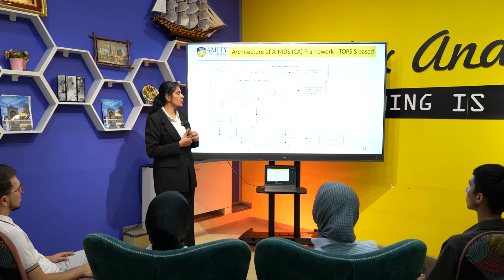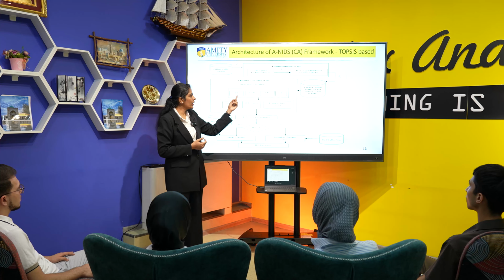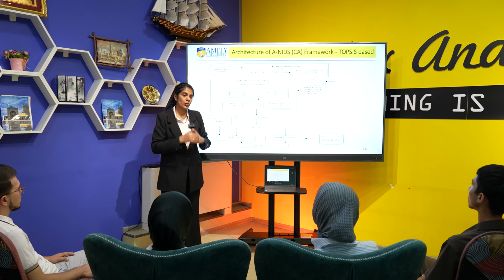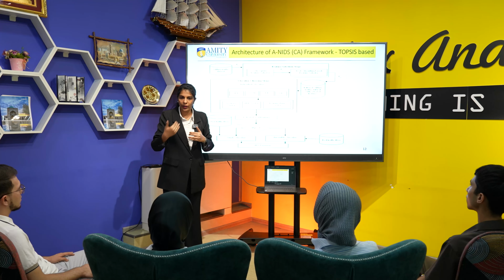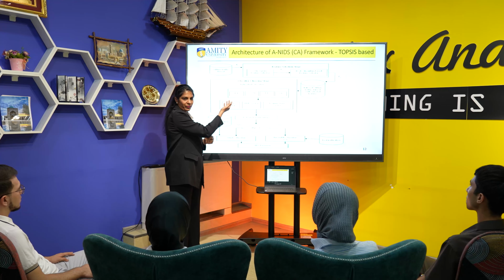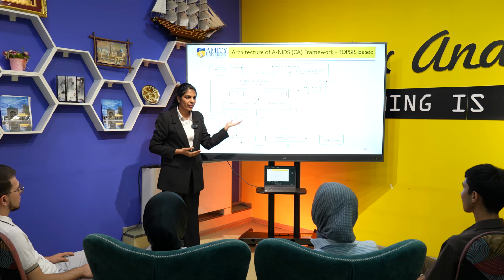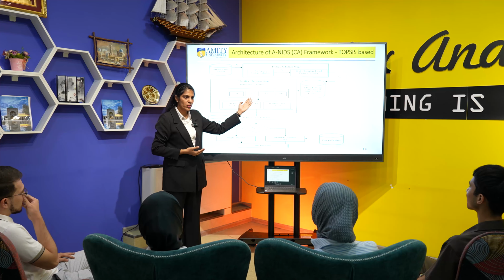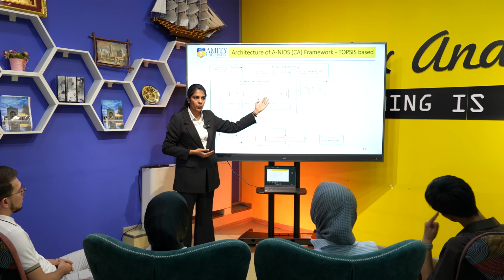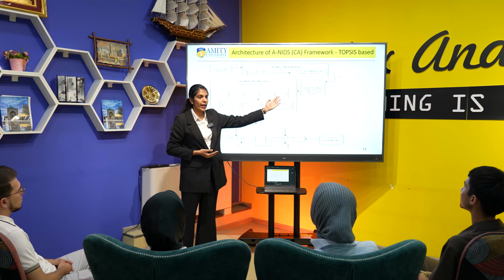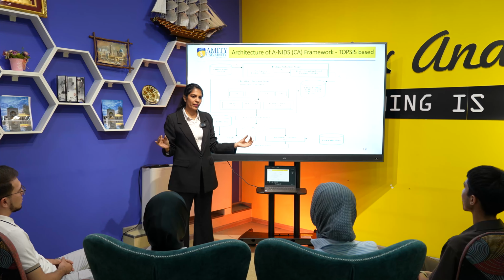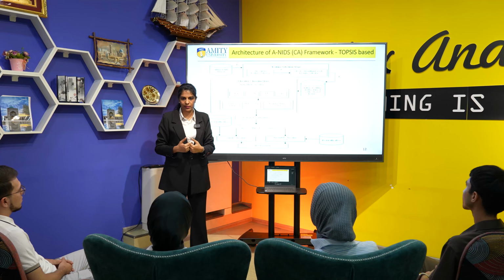In this classifier chosen stage, we have individual classifiers. Right now, I considered only 4 individual classifiers. You can increase based on your requirement. So you all know what DT stands for? DT stands for decision tree algorithm. SVM stands for support vector machine classifier. Then LR stands for logistic regression. Then NB stands for naive Bayes algorithm. These are all the standard classifier algorithms which I considered for my research work.